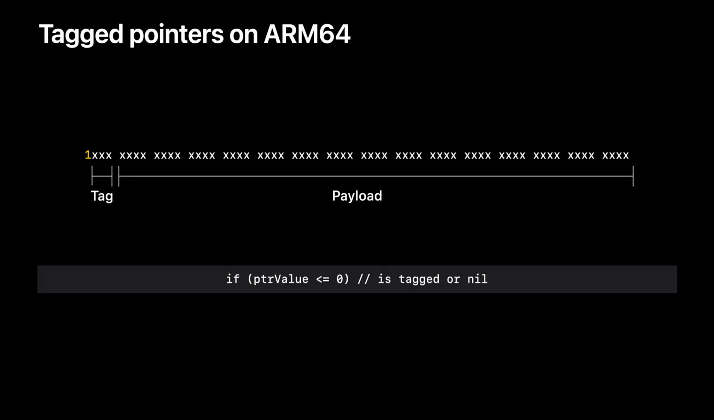Why do we use the top bit to indicate a tagged pointer on ARM instead of the bottom bit like we do on Intel? Well, it's actually a tiny optimization for OBJC message send. We want the most common path in message send to be as fast as possible, and the most common path is for a normal pointer. We have 2 less common cases: tagged pointers and nil. It turns out that when we use the top bit, we can check for both of those with a single comparison,